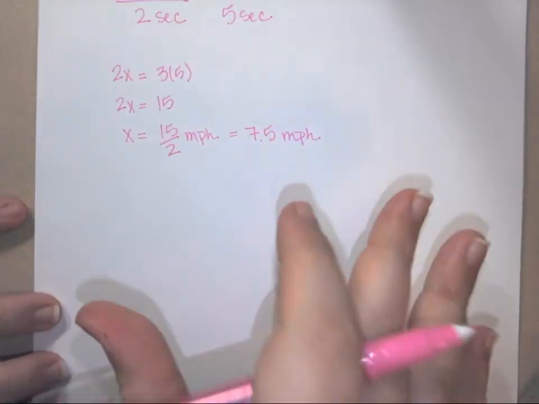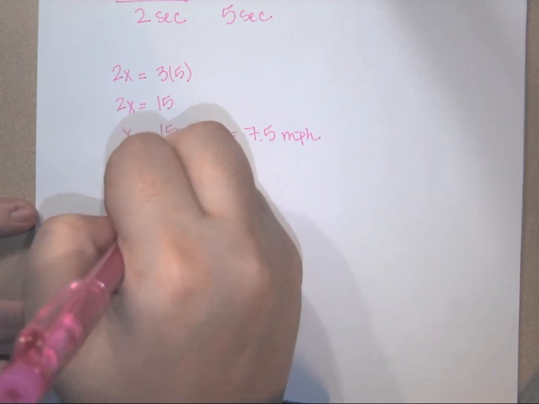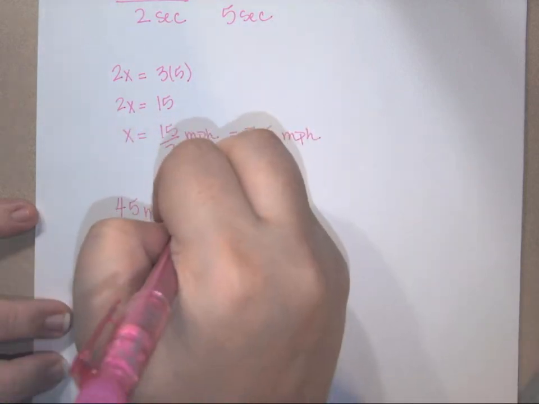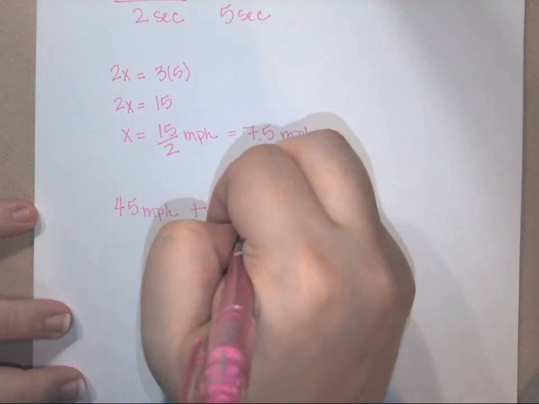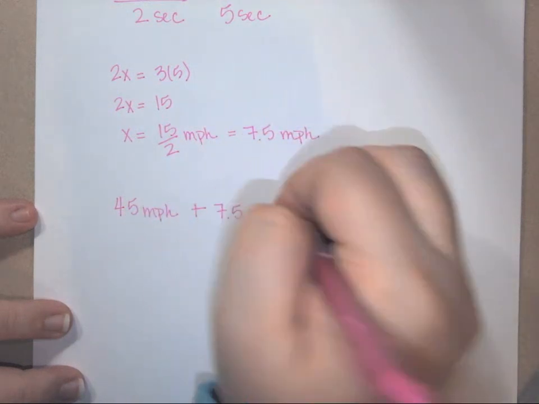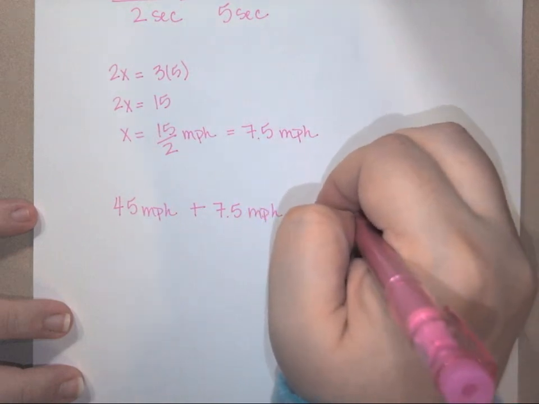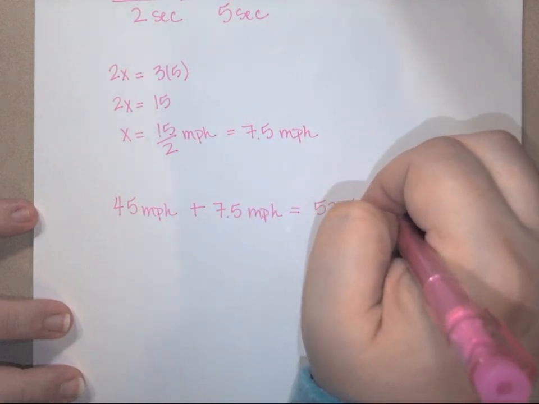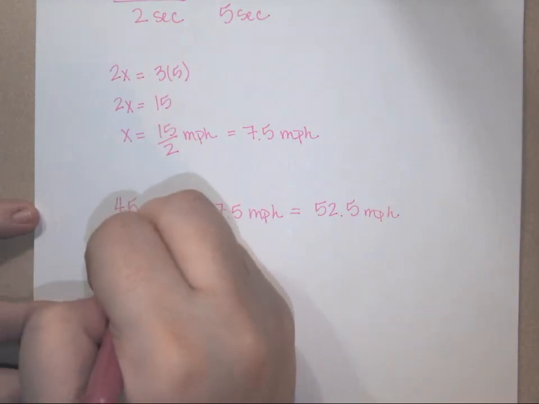To answer that question, you have to take where it starts, so we know that it's traveling 45 miles per hour, and you have to add in the new speed, 7.5 miles per hour. And that is going to give you its new speed, so 52.5. So your answer here would be, after 5